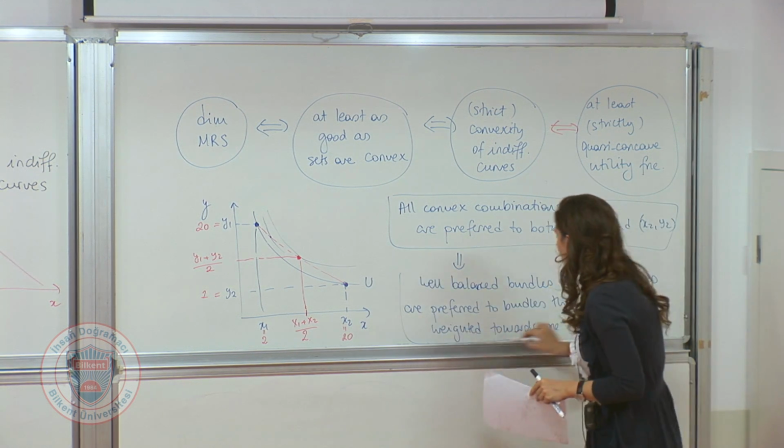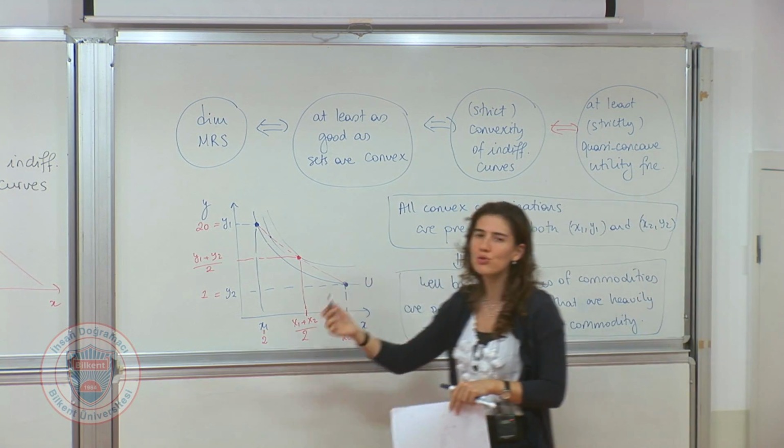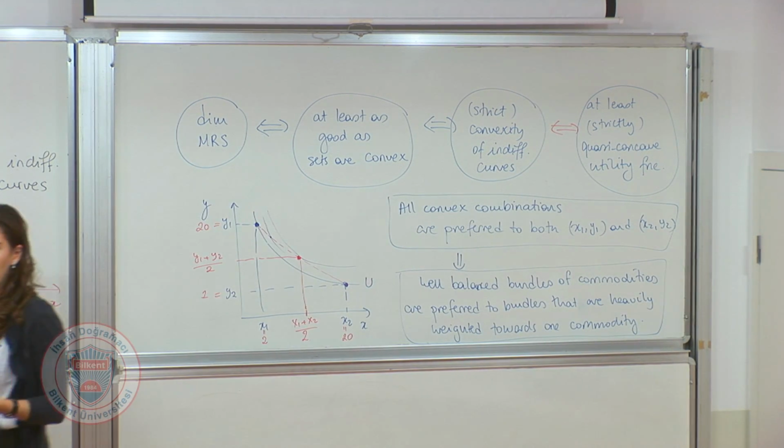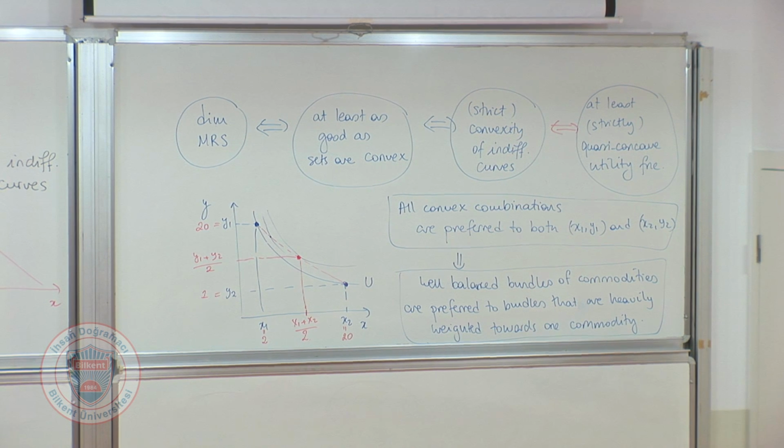Okay? So basically, you can easily say that individuals prefer well-balanced bundles, right? So individuals prefer some sort of a balance